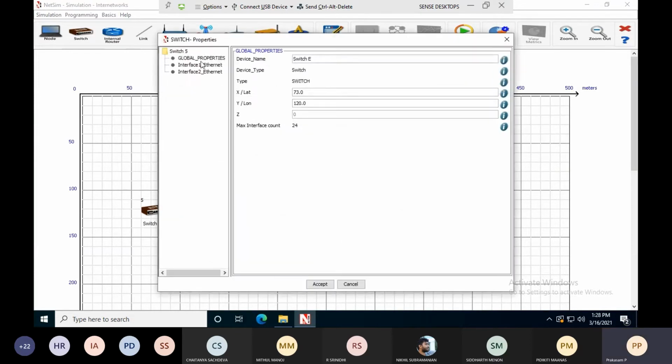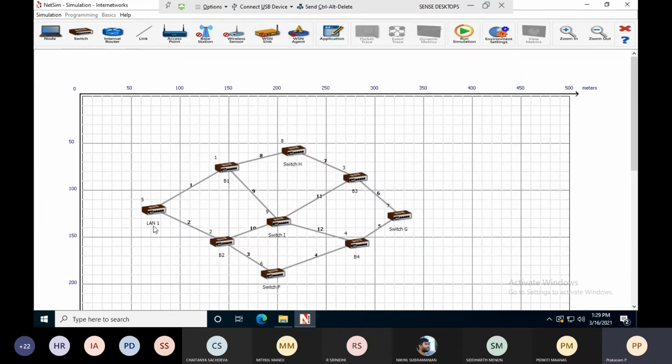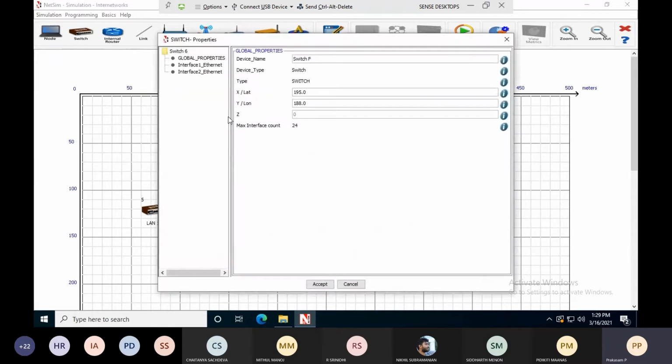Properties, global properties, I'm going to rename this as LAN 1. Then switch F, right click, properties, select global properties, device name, rename it as LAN 2.